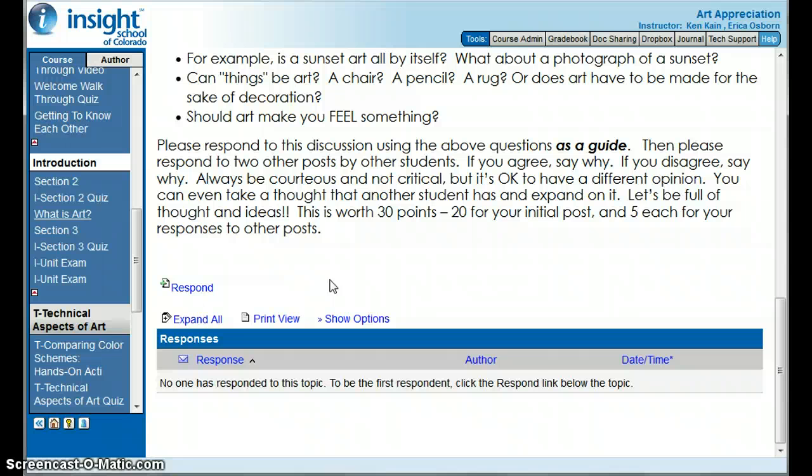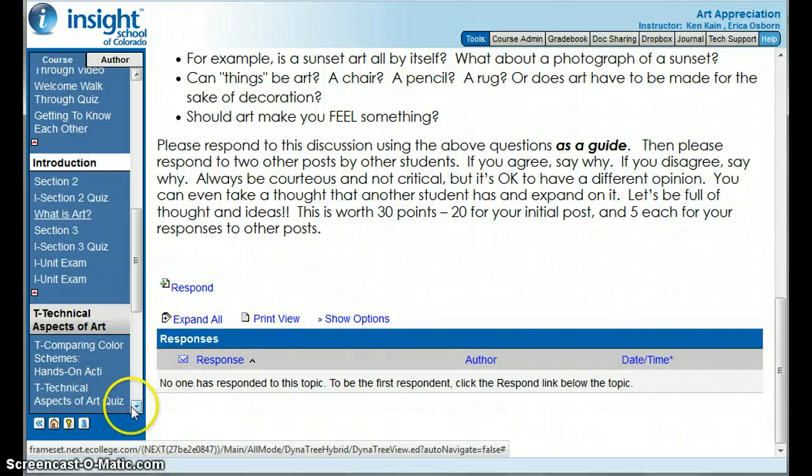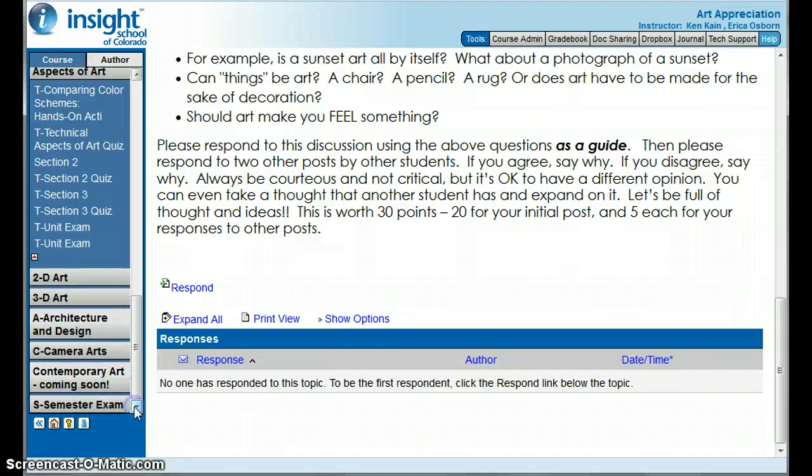Okay, are you being clear and concise about your message and your content about art? But yes, I also do look at punctuation, capitalization, grammar, that kind of thing. Okay? We're working on good writing skills because that's something you need to know all the way through life.